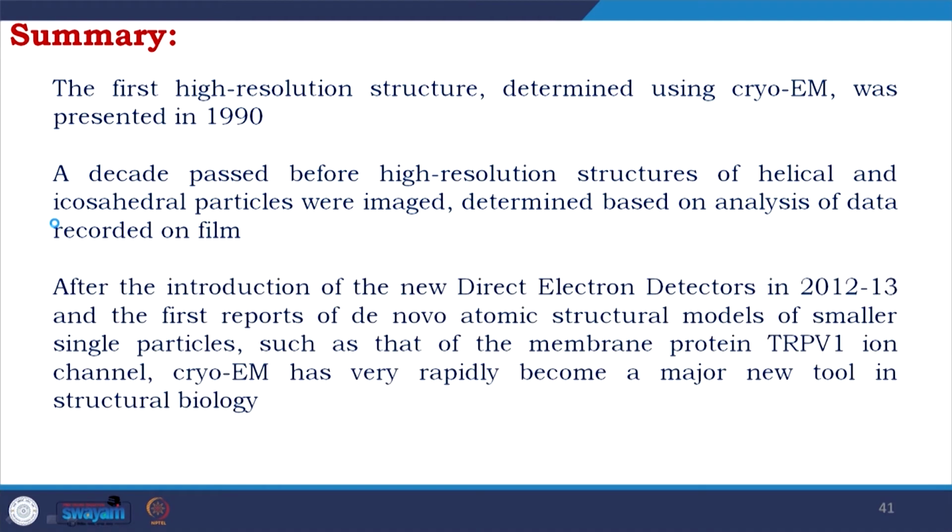After the introduction of the new direct electron detector in 2012-13, which is one of the landmarks, and the first reports of de novo atomic structural models of smaller single particles, such as the membrane protein TRPV1 ion channel, cryo-EM has very rapidly become a major new tool in structural biology